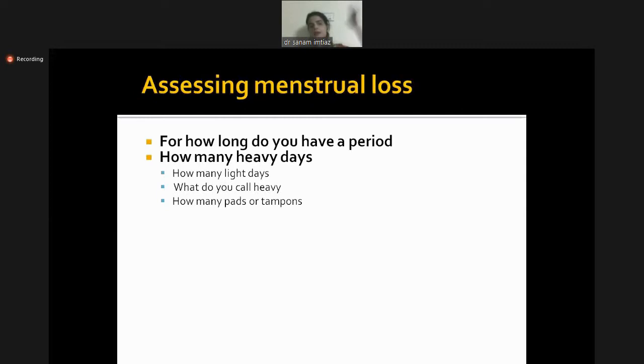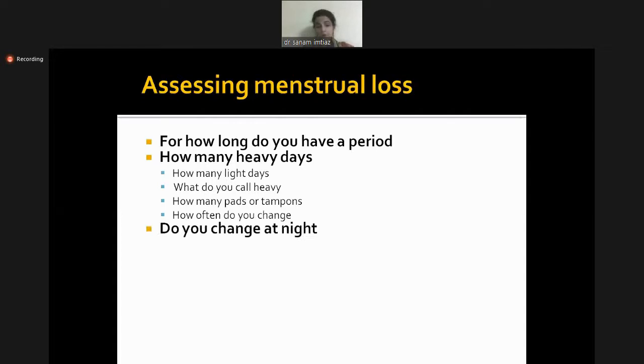Okay, how do we assess how much a patient is bleeding? Basically, you need to ask how many pads does a patient change per day, what kind of pads is she using, is she using homemade towels, is she using sanitary pads, the thinness of the pads. Certain patients would actually complain of menorrhagia that they're changing 5 to 6 pads per day, but actually they're hygiene conscious and they would change it regularly after every 2 to 3 hours. So that does not fulfill the criteria of menorrhagia or heavy menses. So you really need to get into the details of it and ask the patient.